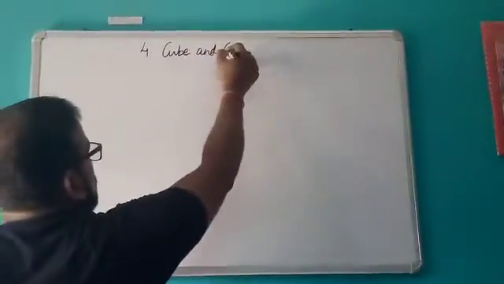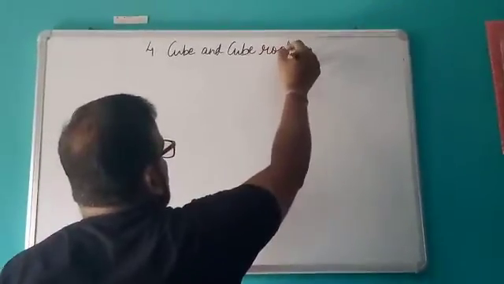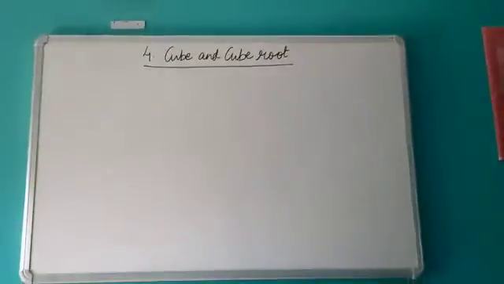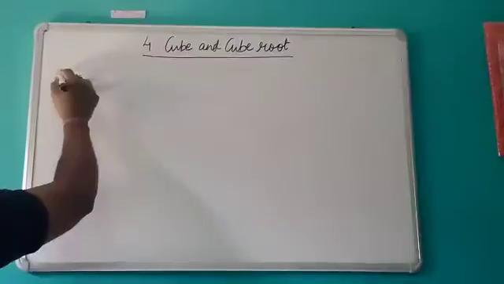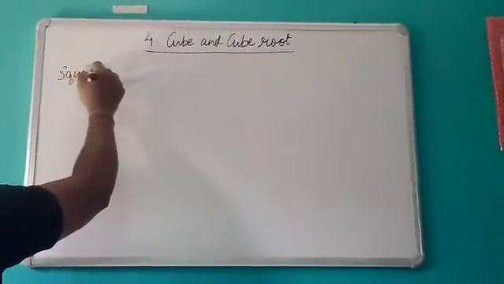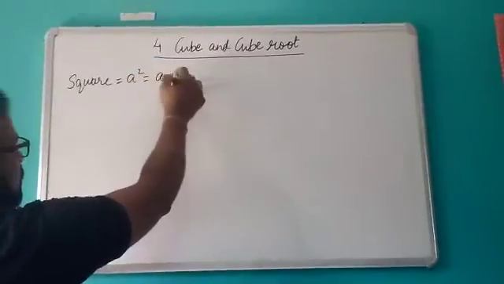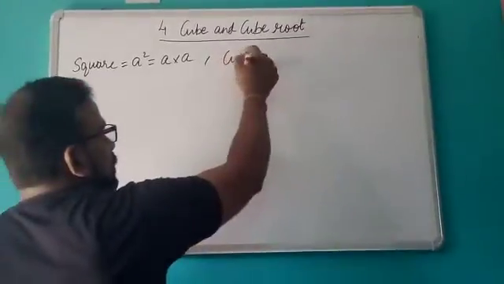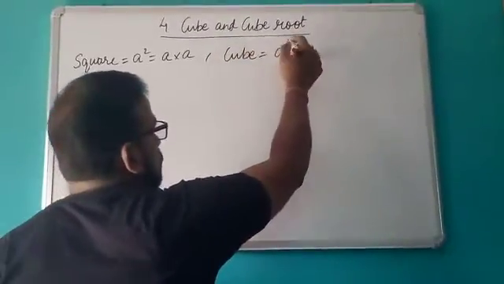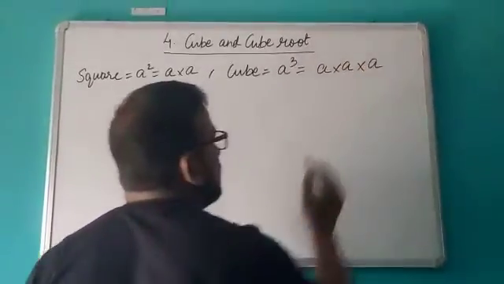Okay, good morning students. So this is our new chapter now, after square root, the continuation: cube and cube roots. Like square was there, what was a square? Square we are writing like this. A square means we are multiplying the same number by itself twice. In the same manner, what is the meaning of cube? Suppose a cube is there, so it is multiplication of the same number by itself 3 times.